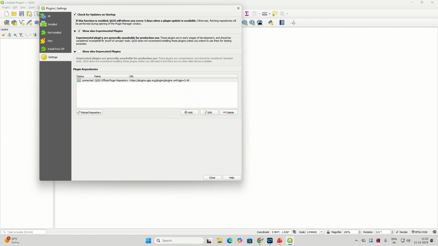So it warns that experimental plugins are generally unsuitable for production use. These are in early stages of development and should be considered incomplete or proof of concept tools. QGIS doesn't recommend installing these, but still, if you want to see the listing of even experimental plugins, in case you have come across information about some experimental plugin which is very good, then you can check this box, and then you can find the experimental plugin in the search results,